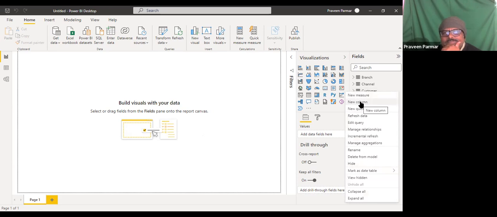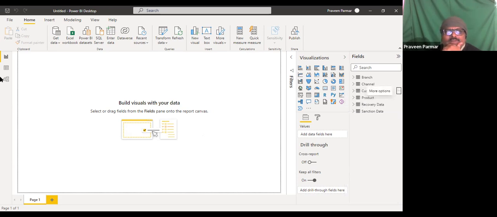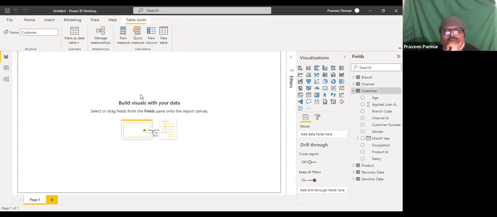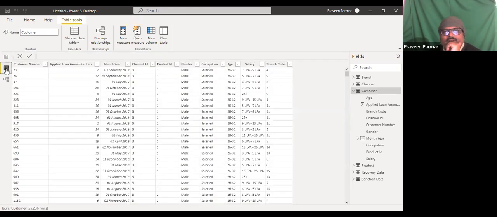Are you getting it? Just click here and I will get a new column. I take this view so it is better for me, and I can see the table here. This is the customer table I am getting here.